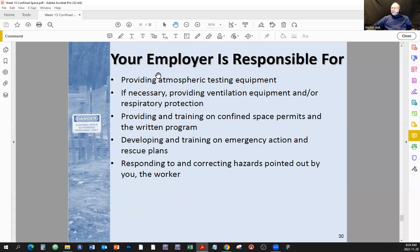Your employer is responsible for providing atmospheric testing equipment. If necessary, providing ventilation equipment and/or respiratory protection. And your employer is responsible for providing and training on confined space permits and the written program. No shaving any buck there. Developing and training on emergency action and rescue plans, and your employer is responsible for